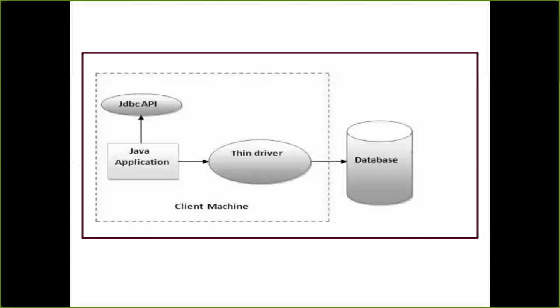And then we want to remove that part, those two things. So I have replaced it with one thing, that is your native API driver, which is completely specific, or we can say bound to the database. Whichever database I am using, it should be supportable to that particular native language which I am going to use. Okay, then comes your third one, where I'm expecting to have the network protocol driver and the middleware, where I'm going to write database specific code.